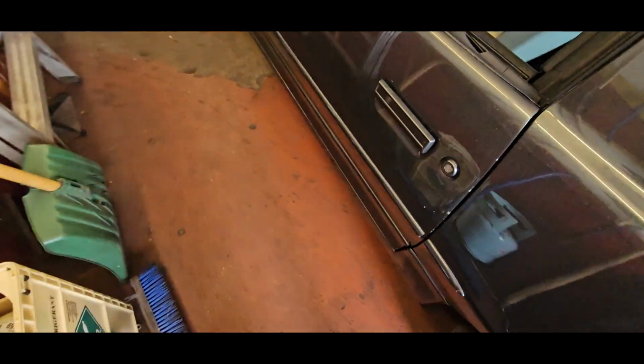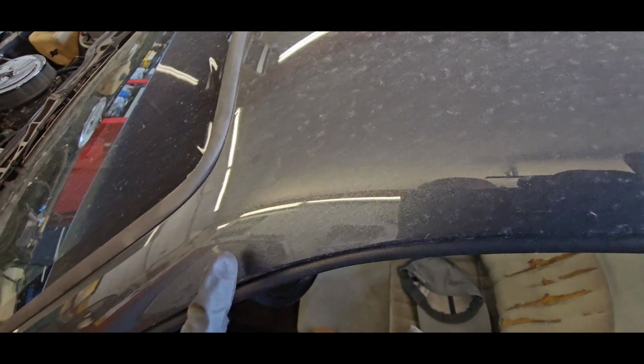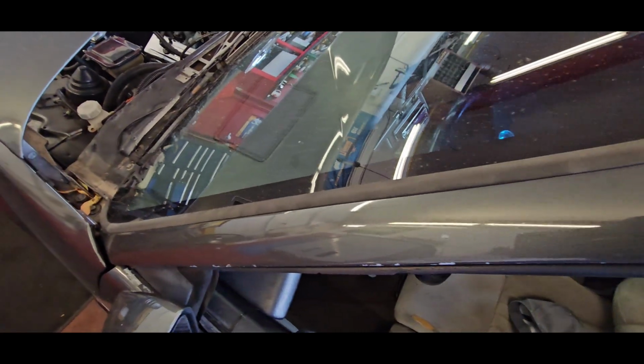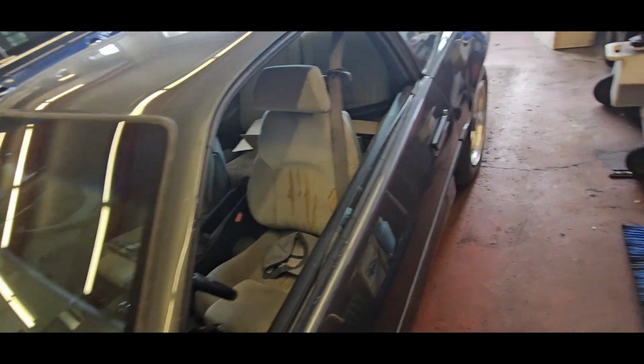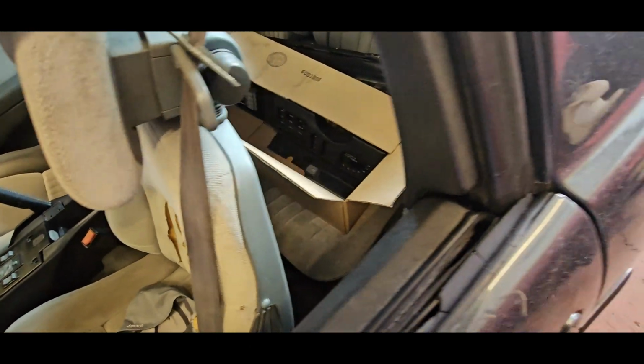So it's odd. Body wise, it's got a couple of nicks and scratches, but I don't see any major dents, anything like that. Paint seems to be holding pretty well. It's got a pretty good metallic in it. I don't know if this is an original color of the car itself or if it's painted something aftermarket. So if I need touch up, I don't know exactly if this is gonna match anything if I use an original color. We got spare parts in the back,